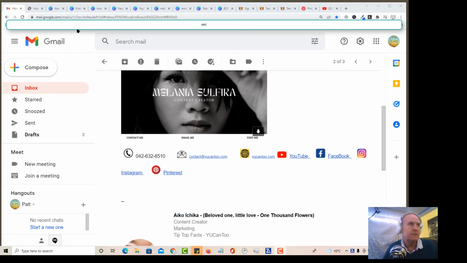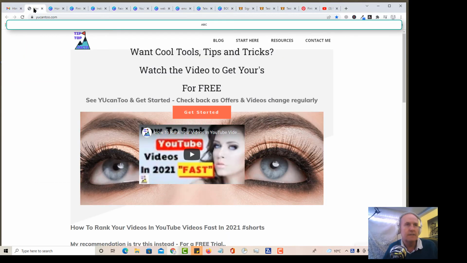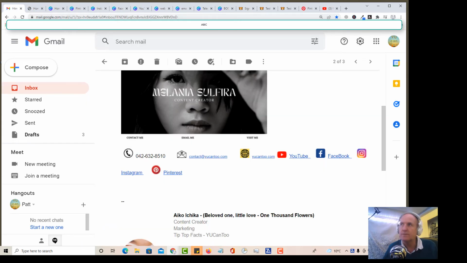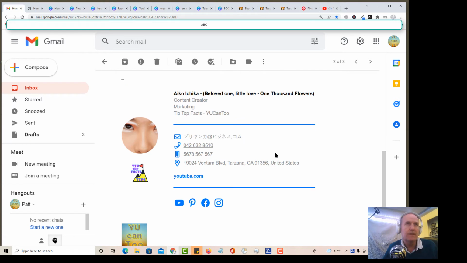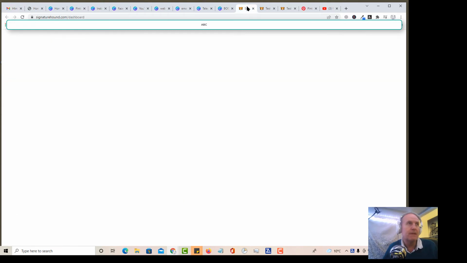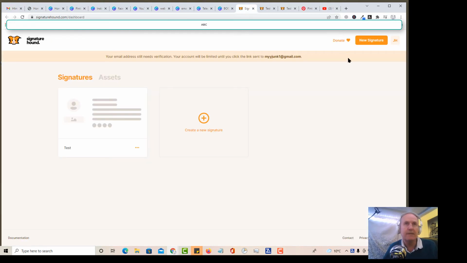And as you can see, the link is opened at whyoucan2.com. So the next bit of software we're going to use for the second signature, which is this one, is Signature Hound. Again, sign up for a new free account, and you will have one box on here which says